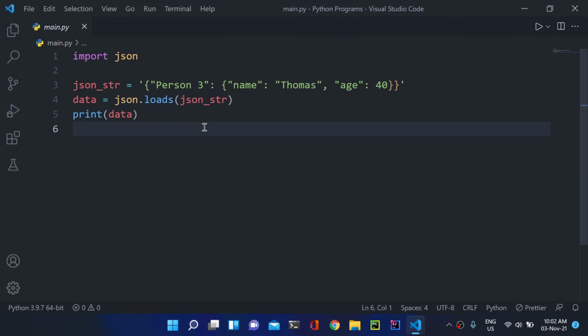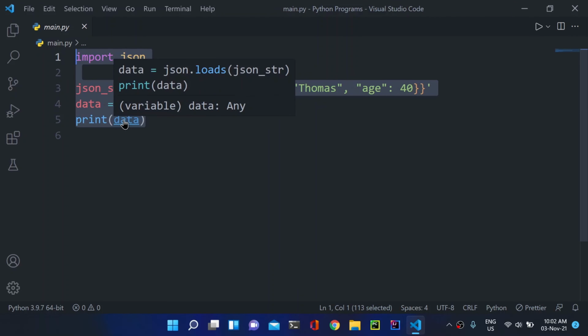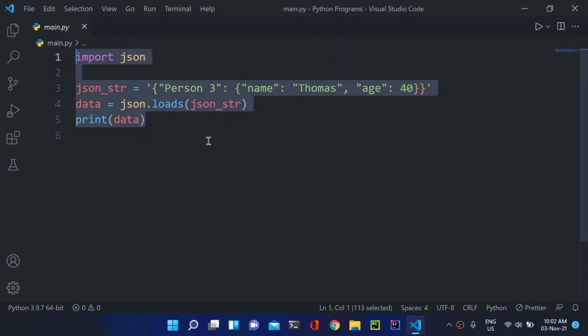So first of all, open Visual Studio Code. Here I have this code from my previous video. If you haven't watched it yet, then you can find the link in the I button now. And if you haven't accessed my Python programming playlist, then you can find the link in the description below. So with that said, let us continue with our sending emails with Python.